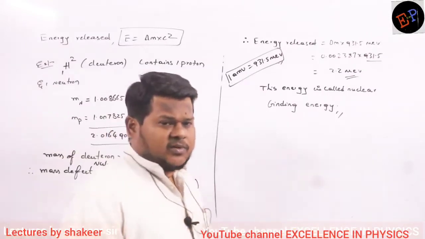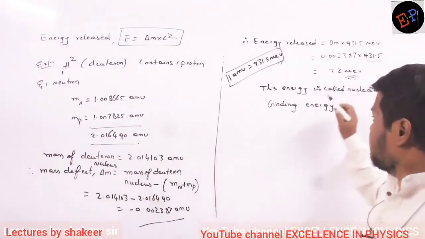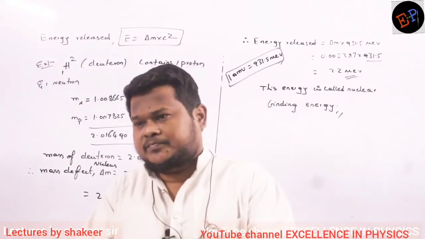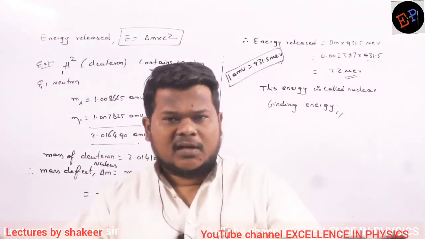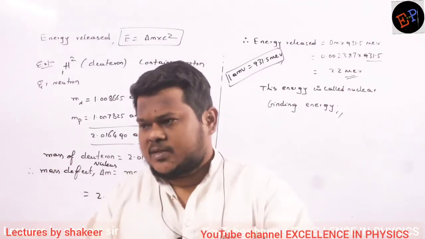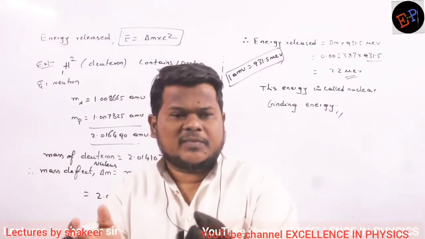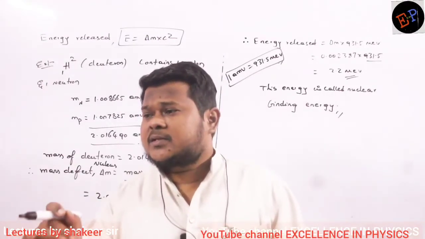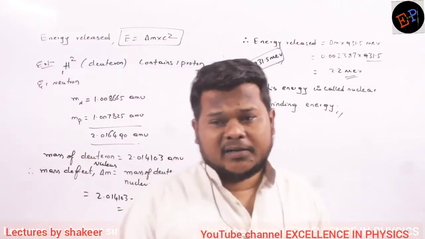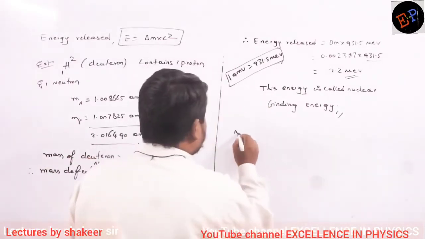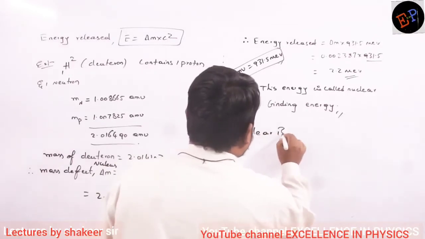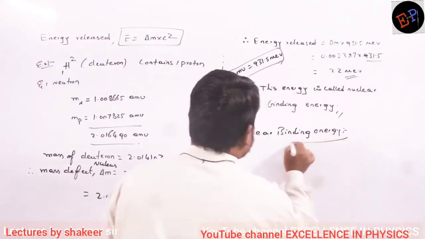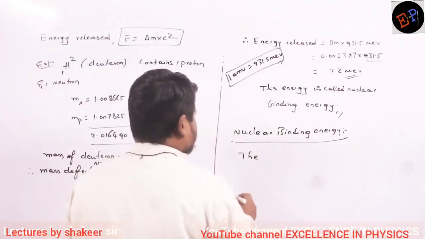What is meant by nuclear binding energy? Because this released energy is responsible for keeping the nucleons at one place. Energy కొంచెం వెళ్ళిపోయింది కదా, all the nucleons they will become stable. Some energy is released, so nucleons automatically they will become stable. So therefore this energy is called nuclear binding energy. Nuclear binding energy definition, how I can write is, I can write like this. So two definitions I will write.